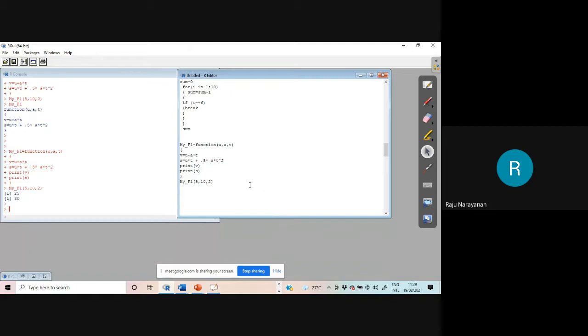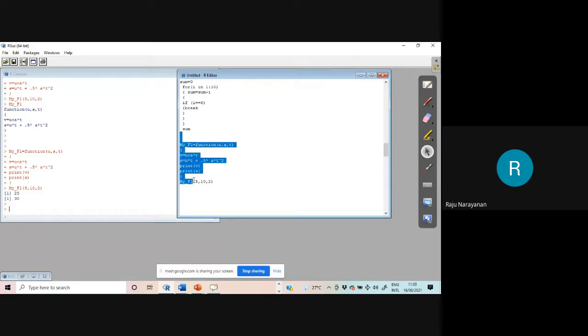Yeah, please check whether it is correct. U plus at, 5 plus 20, 25. Ut plus half at square. Ut is 5 into 2, 10 plus a into t square, 10 into 4, 40, 40 by 2, 20. Okay, finished. It is my function.